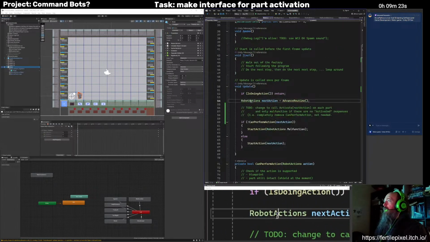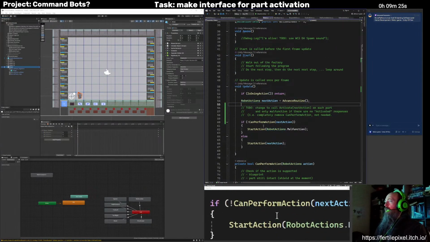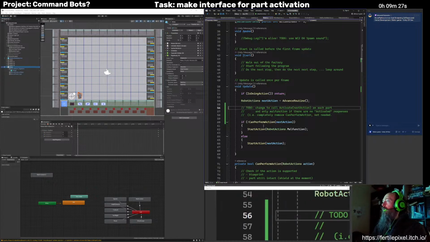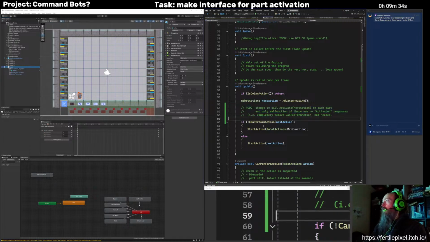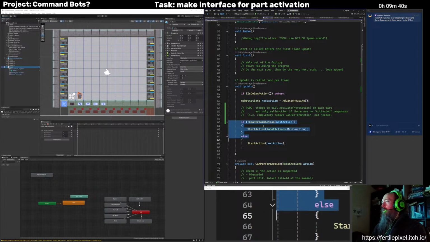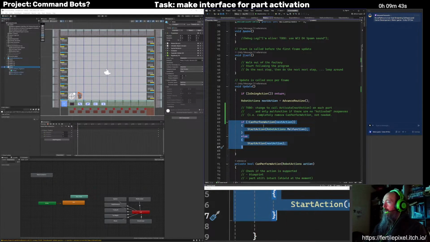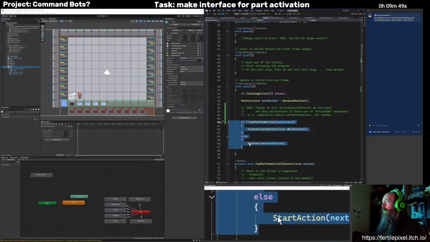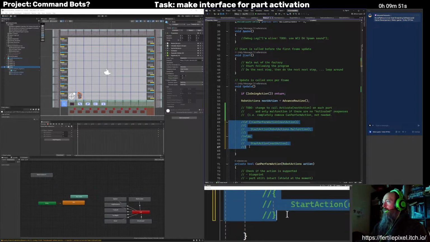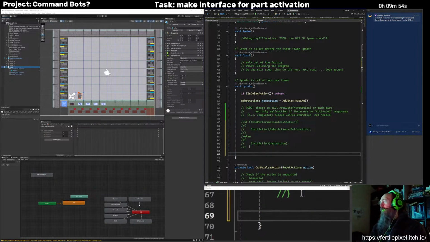So basically, this is my to-do that I wrote last time. We change to call activate next action on each part and only malfunction if there are no activated responses. And so I can completely remove can perform action. Now there's a downside of this. There's a bit more I have to do, but basically I can get rid of that and instead do